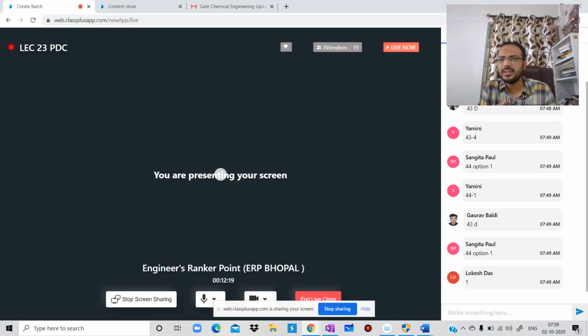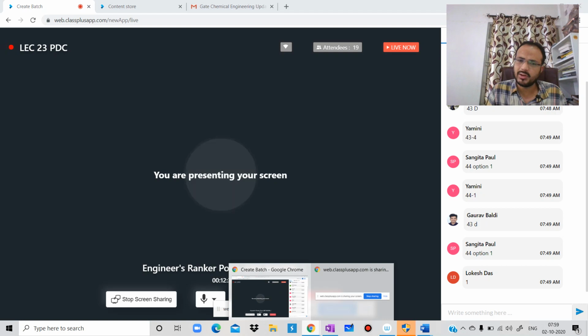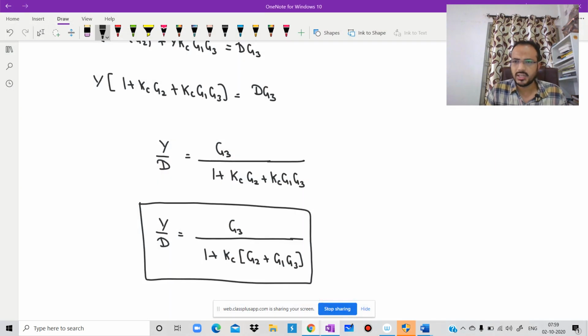If you got this question, then it is a very positive symptom because this was a very nice question. And so many students already calculated this value. Is it clear? Once you go through the fundamentals, you will not face any problem in your full concepts. In a similar manner, you are also able to calculate for servo 1 also.